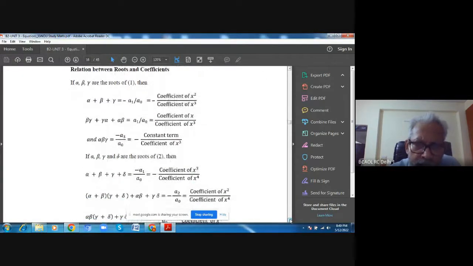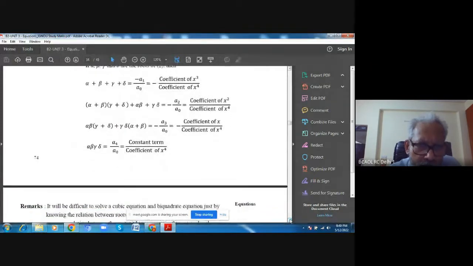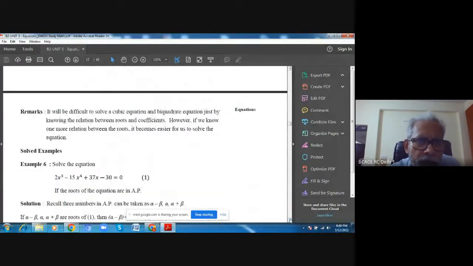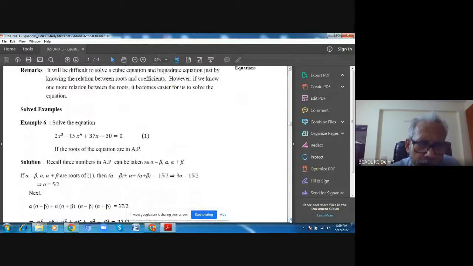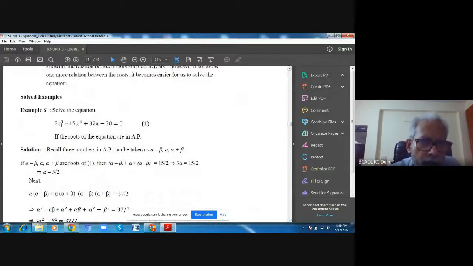So I can skip some of the things and go to this. This type of thing comes in the exam. Solve the equation 2x cube, that is again a cubic part, quadratic equation but in a cubic. So 2x cubed minus 15x squared plus 37x minus 30 is equal to